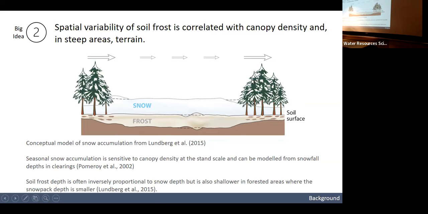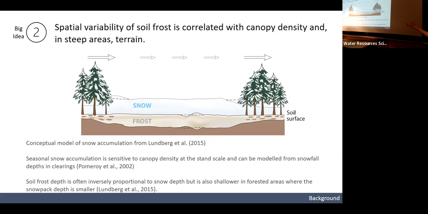So you can see here that under the trees, these trees provide some kind of snow interception. So we end up getting less snow underneath, but then they also provide an additional kind of thermal insulation so that we also tend to see less frost underneath. So that's one control that we do kind of know about in watersheds, but we're curious to see whether this